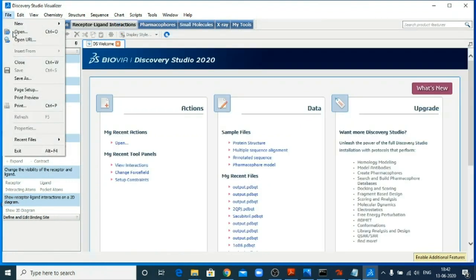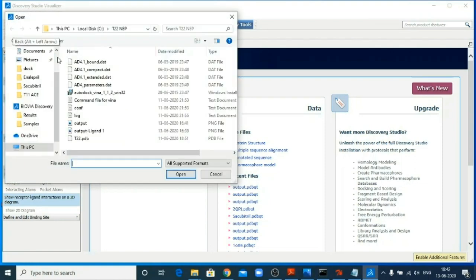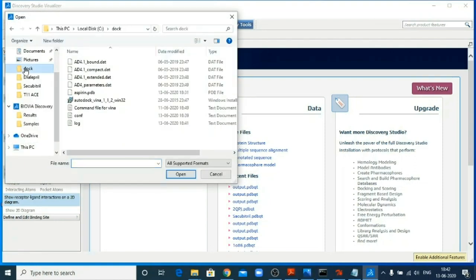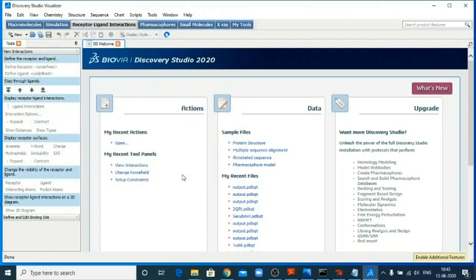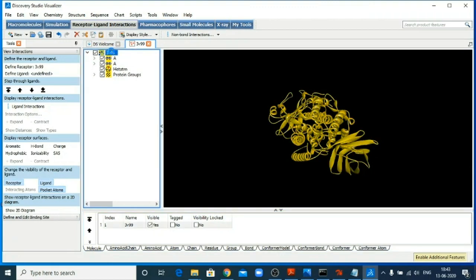Go to file, open, and in that go to your doc folder, and from the doc folder take out the 3V99.pdbqt. Open. So it will open that portion of the 3V99 which we have selected for the docking.